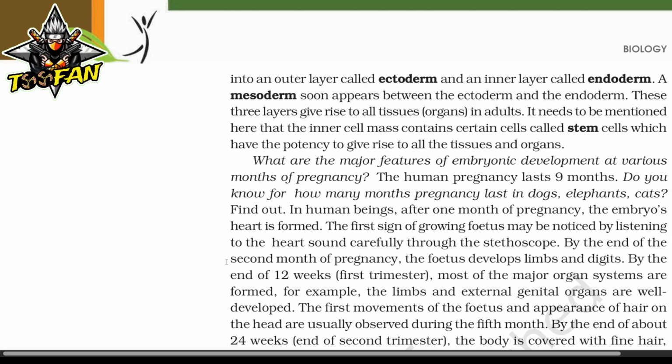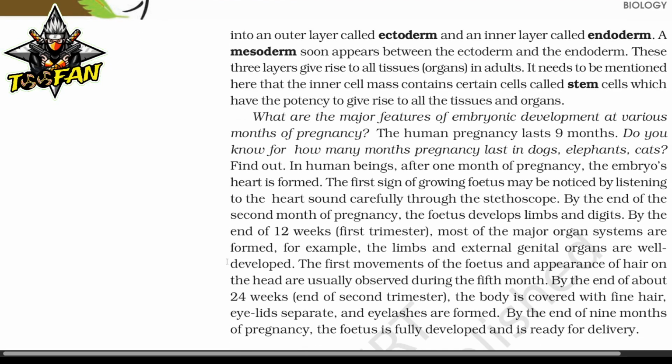The first movement of the fetus and the appearance of hair on the head are usually observed during the 5th month. By the end of about 24 weeks, the body is covered with fine hair, eyelids separate, and eyelashes are formed. By the end of 9 months of pregnancy, the fetus is fully developed and is ready for the